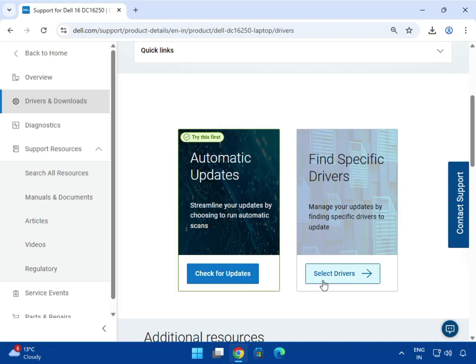Check for update automatically installs whichever drivers your system requires, so the software automatically detects and installs them. And the second one is manual installation. If you are facing some issues with your speakers, chipset, graphic driver and so on, you can select them separately and install. So select this,